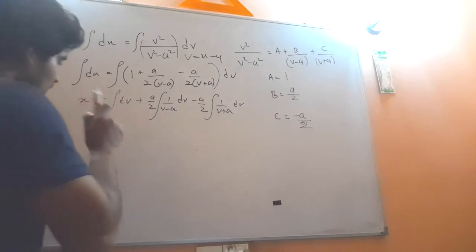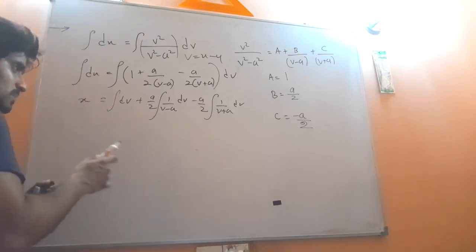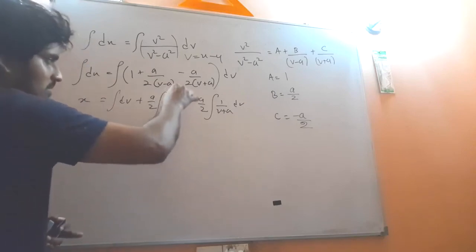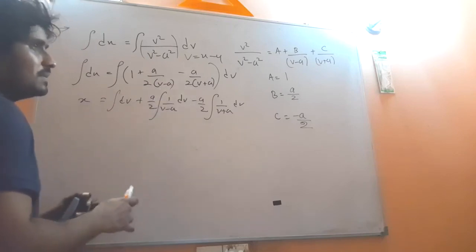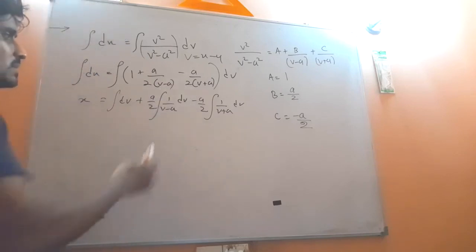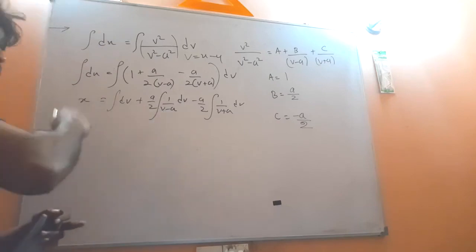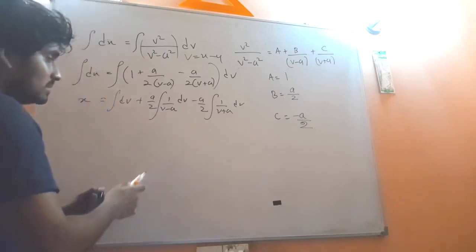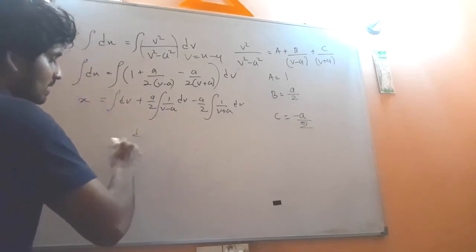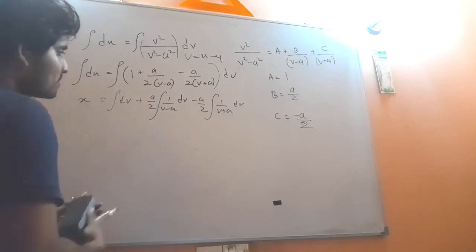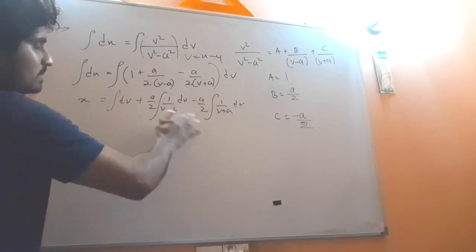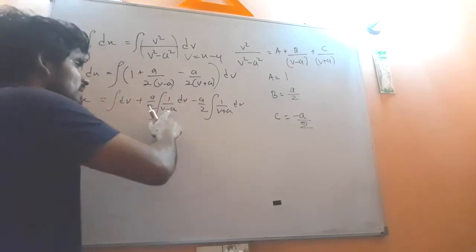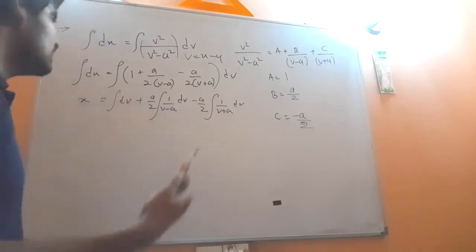So now you have to think what is the integration. So that is the reverse process of differentiation. So that means after differentiating we have obtained some answer like this. That means after differentiating what sort of a function we are getting such an answer. So that particular type of the function is the answer for this integral. That means if you are going to integrate this 1 over v minus a, you have to recall after differentiating what sort of a thing you are getting this value.